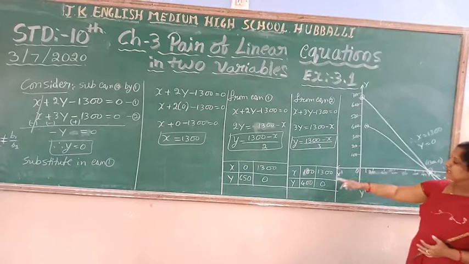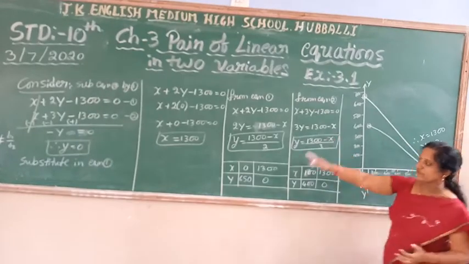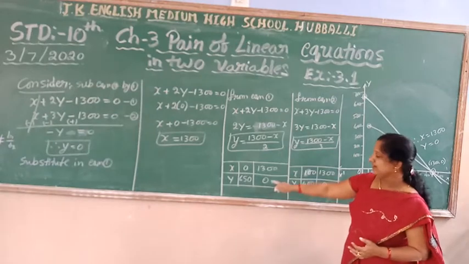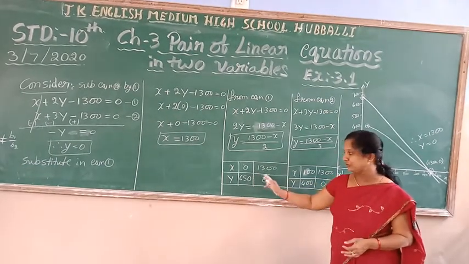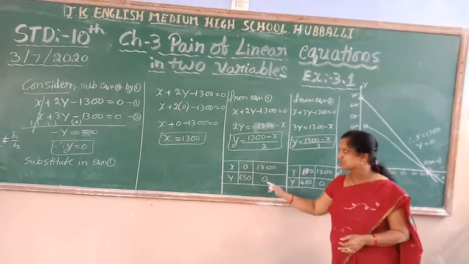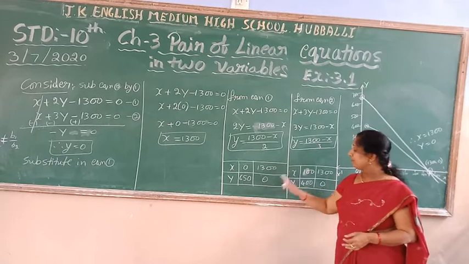Then graphically you represent these two values like this way. For both equations you plot the table and give any one value, any three values; for the second, I give only two values here. This is the solution we will come to know by solving that way. Then we can plot the graph.